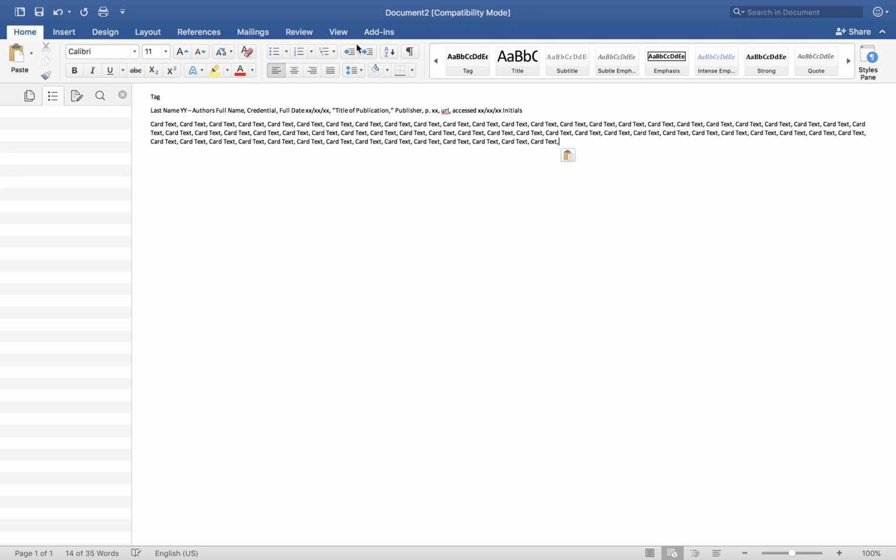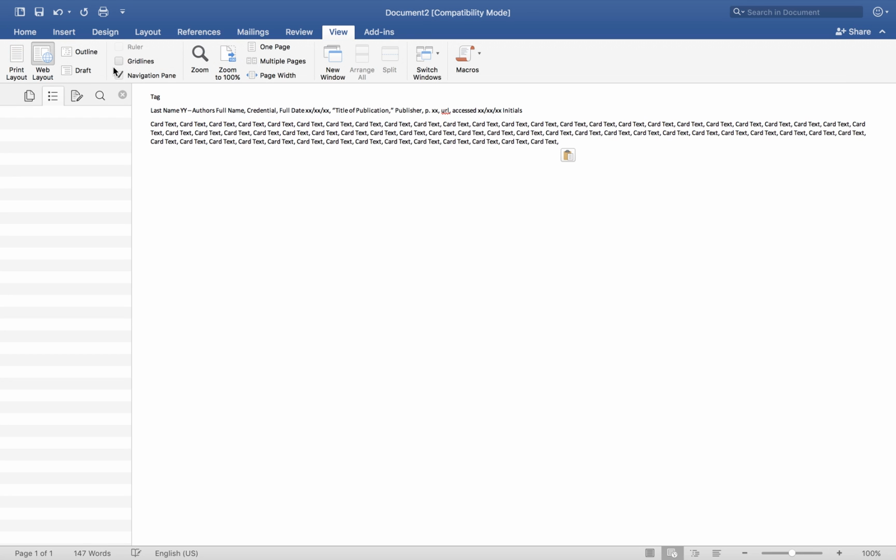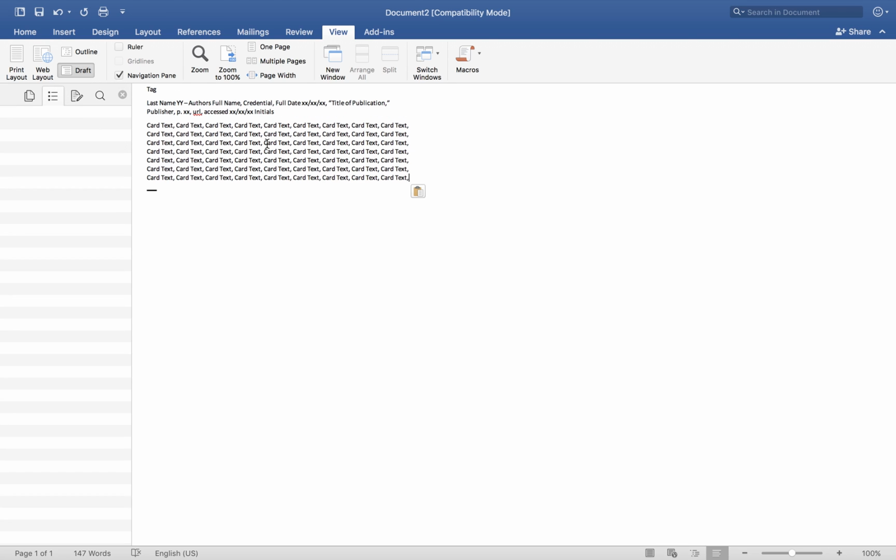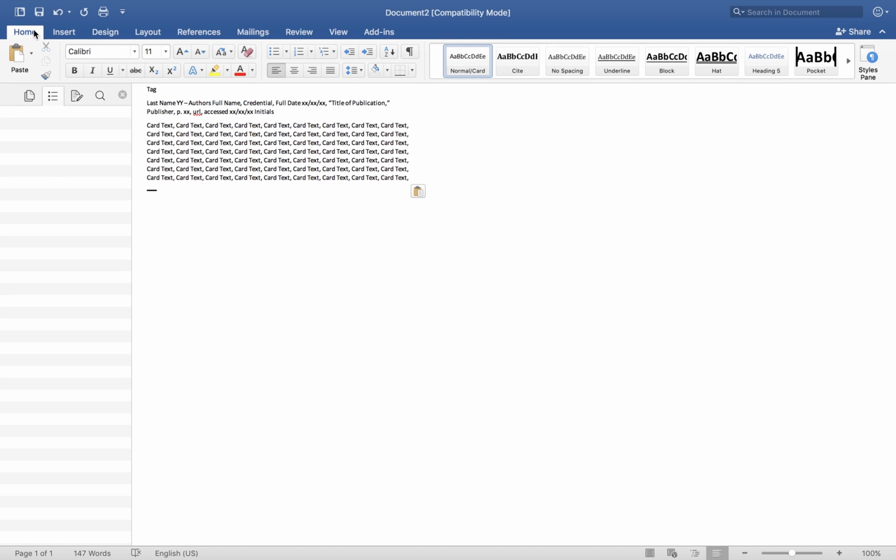I normally always prep in draft view just because web layout has it like a full screen. It's really hard to read, but if you have it in draft, it condenses and it gives you this big chunk of space over here. So when you're reading through, when you're cutting a card,